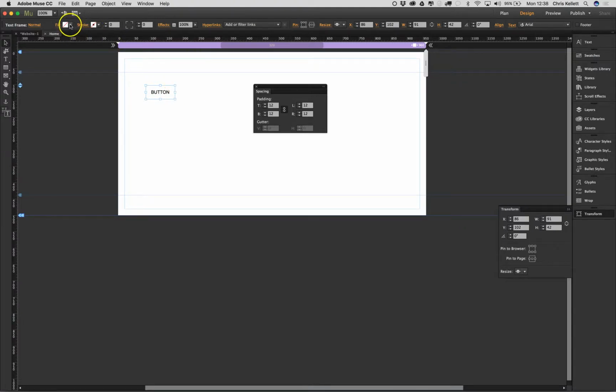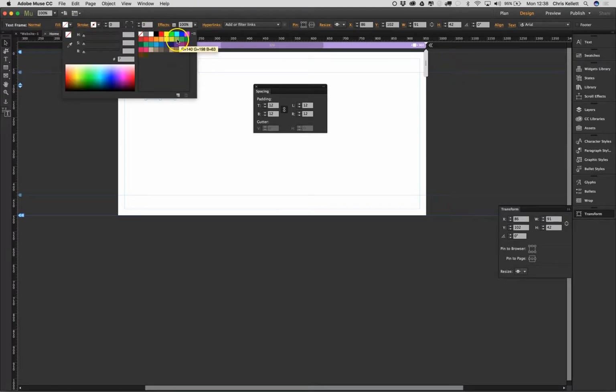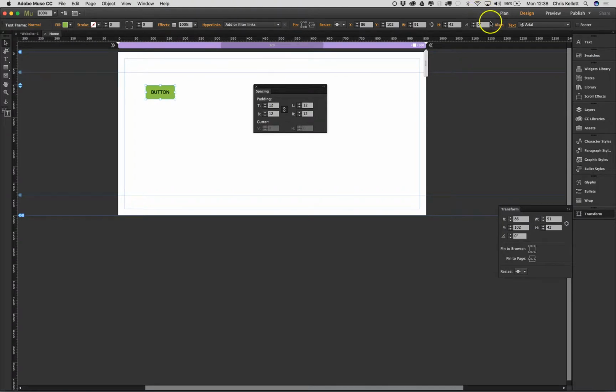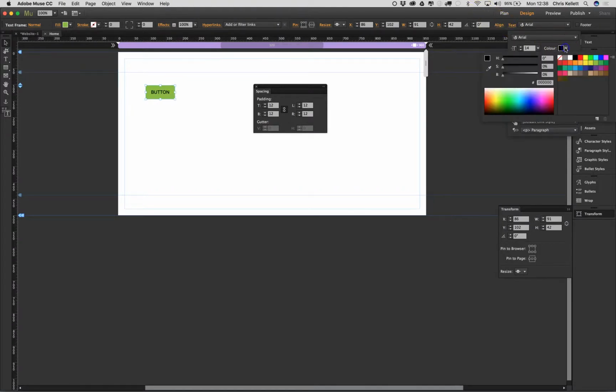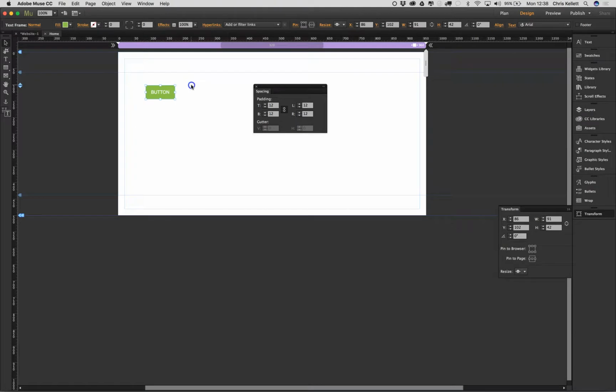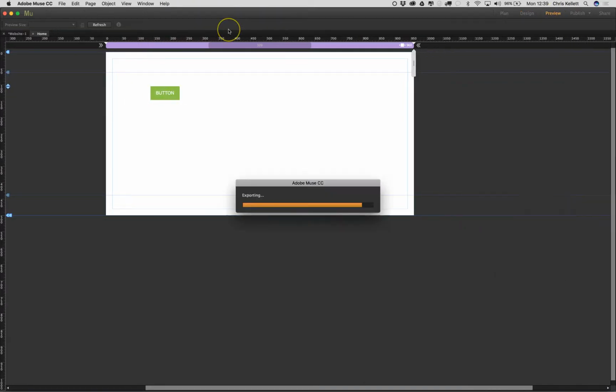Now we can also add a fill color, so let's choose this green, and we'll make the actual button text white. So just to recap on what we've done here, we've used the text tool, we've created a text box, we've added some padding, and we've changed the background fill color and the text color. So now we have a very basic button. So if we hit preview,